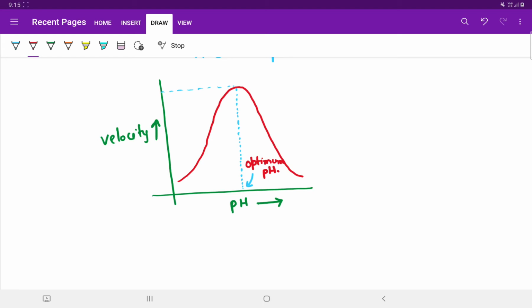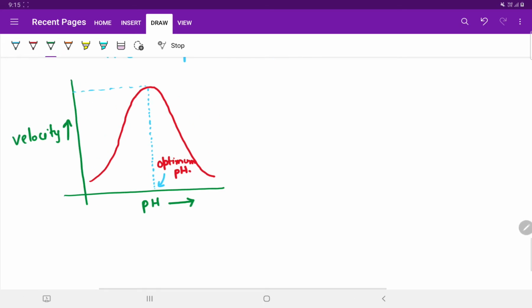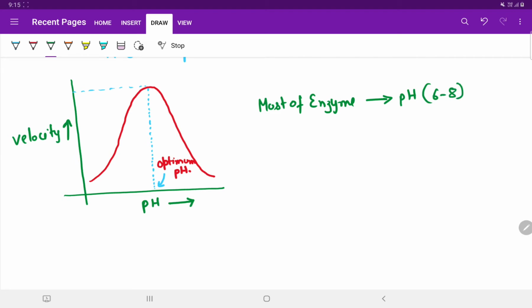So, most of the enzymes show optimum activity around neutral pH, that is 6 to 8. However, there are many exceptions, like pepsin. Here I will give you some examples. Most enzymes work in a pH range of 6 to 8, but there are certain exceptions such as pepsin, which is found in the stomach. It usually works at a very low pH range, around 1 to 2,